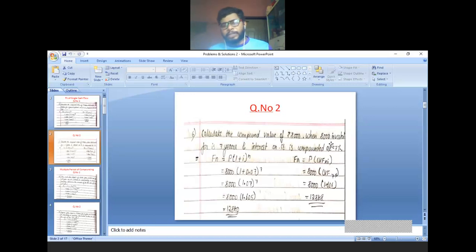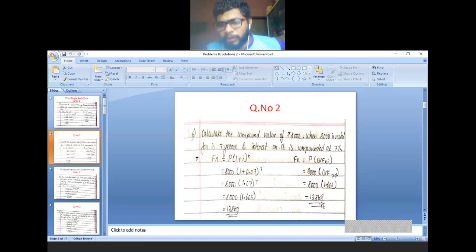One time you are investing 8,000 rupees. You are investing at 7 percentage interest rate for 7 years. Therefore, you have to apply the formula future value of single cash flow. Fn is equal to P into (1 plus i) to the power n. So 8,000 present value, 1 plus 7 percentage interest means 0.07, to the power 7. So the value is 1.606. This third step you ignore, directly write the 3-digit value, then multiply with 8,000. Suppose if you are referring to the table, this is always the easier method. CVF, 7 percentage, 7 years you have to refer. So you will get the 1.606 table value. You can refer to that later.